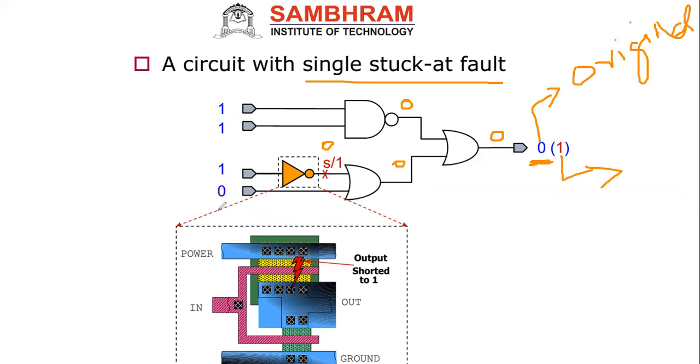Now when I apply this input, if I get 1, it means somewhere there is an issue over there. So you can apply the stuck fault anywhere. Not only here, you can apply anywhere. So now for a simple example, we are applying the stuck fault here actually. We are applying the stuck fault in this place, on the NOT gate. Means here see this portion, NOT gate output. Correct? Now here see the one cross mark we have specified, that is SA1. What is the meaning of this SA1?